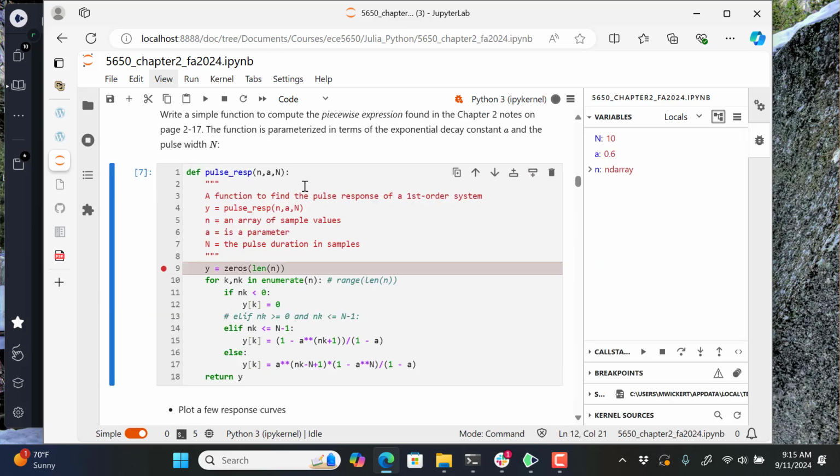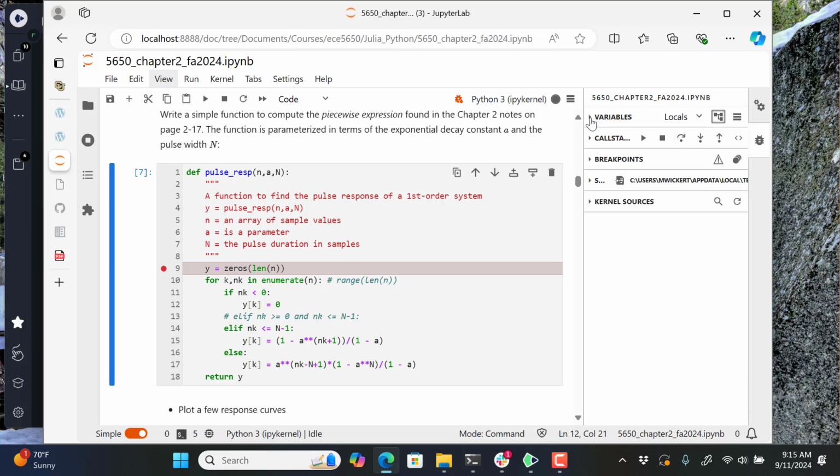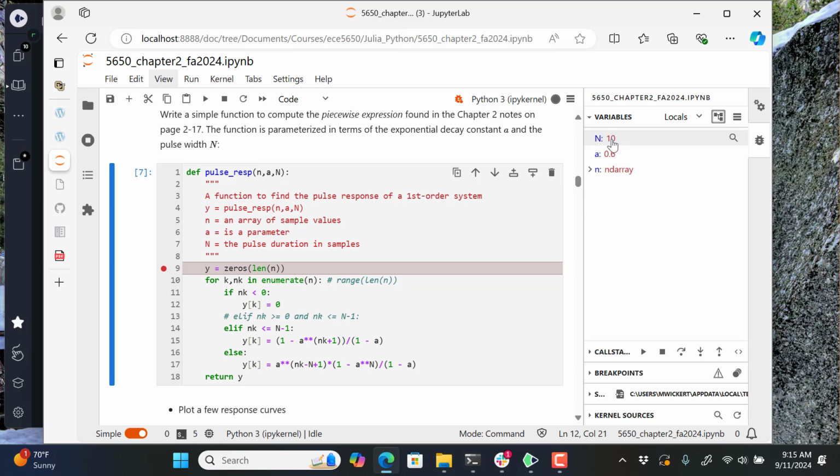Now it's gone back up to debug my function that I just wrote, okay? And now, because I'm inside that function, if I look at my variables, I can see what they are. They're what I put in. Good at this point. Now I step it. Here's my step to next. If I wanted to step into another function, if I wanted to go into zeros, I would step in, but I don't want to step into zeros. I just want to step over it. So I'm going to step over it. I've stepped over it, and now,